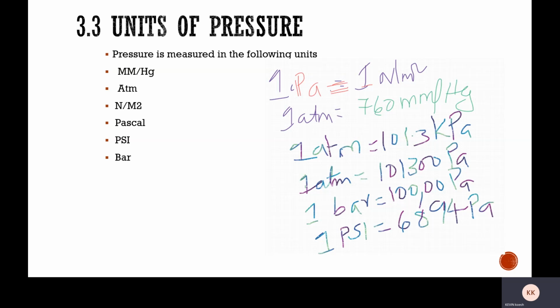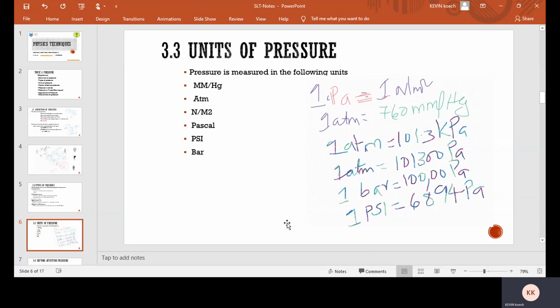Oxygen concentrators are rated in terms of bar. So you need the pressure that is inside. We have conversions. We did this in class. 1 Pascal equals 1 Newton per meter square. 1 ATM